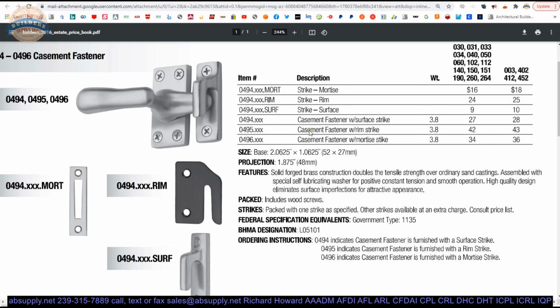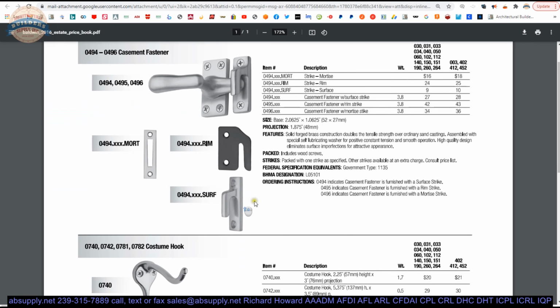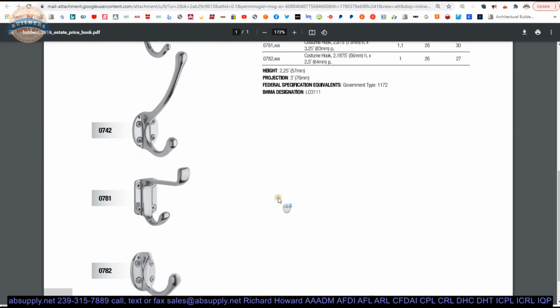Actually, let's back that up. These top three are the strikes only. These bottom three are the entire unit only. If you need the strike only, as we had said earlier, that's how you order it. Then you'll choose 94, 95, 96, depending on the surface, rim, or mortise, and then you add your finish. Sorry, it's taken me a couple of redos in this video. That's unfortunate,